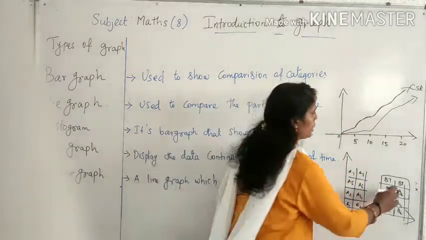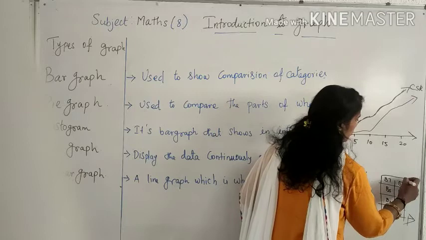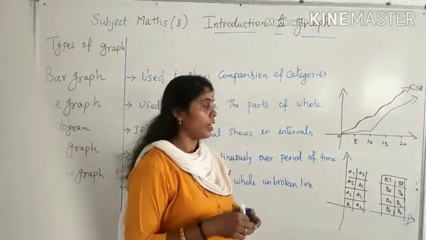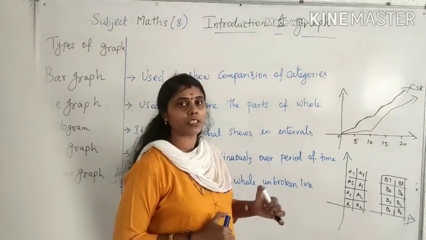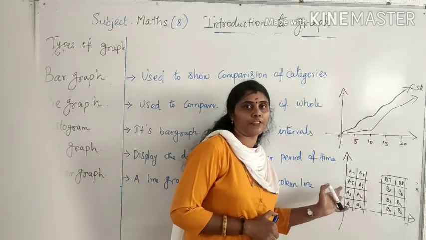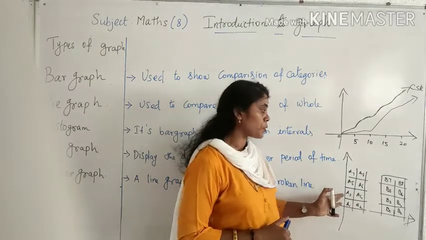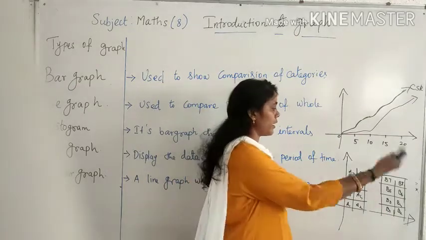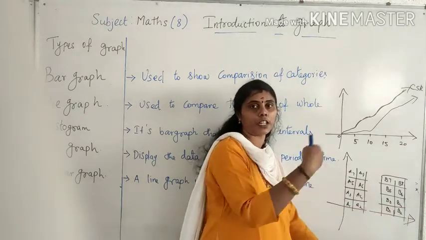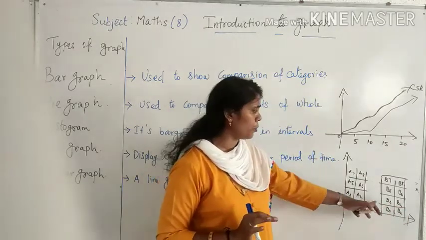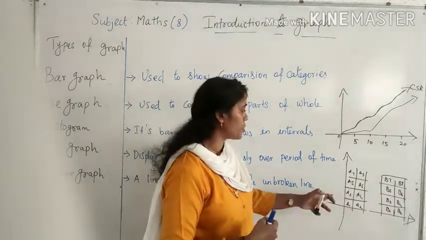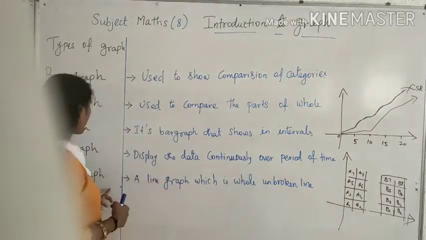If you want to show the seating arrangement, where you are seated, if you want to tell someone else, or show it in a graph, how can you show it? Suppose A3: he is seated in the second row in the left corner, like that we can say. Suppose B3: in the second row, second last from the right, like that we are saying. So instead of that, we can mention it by a linear graph.